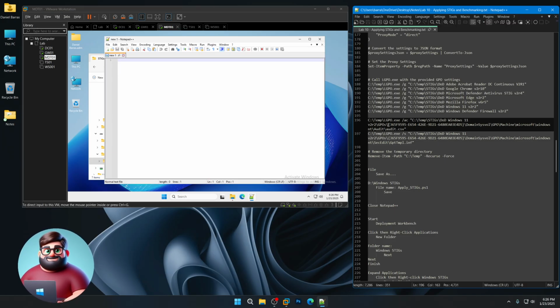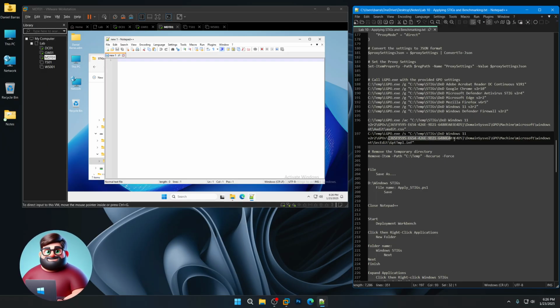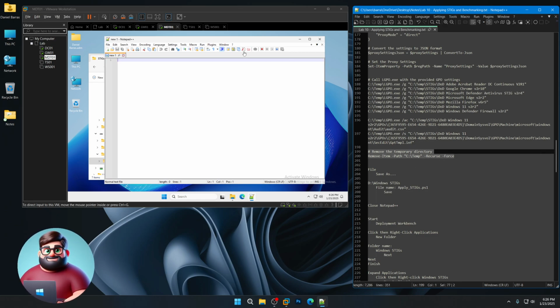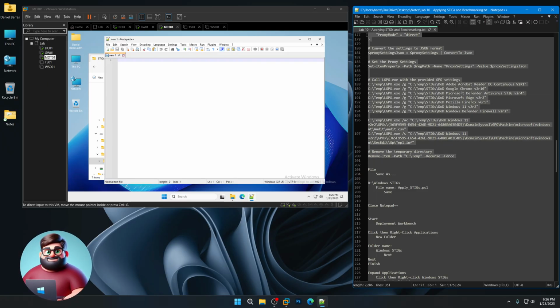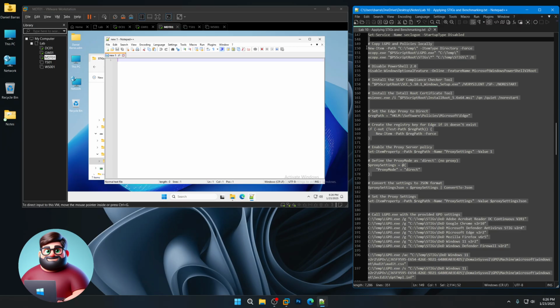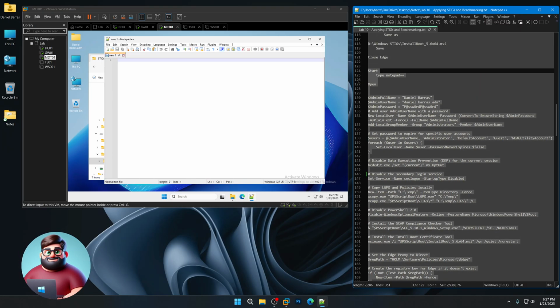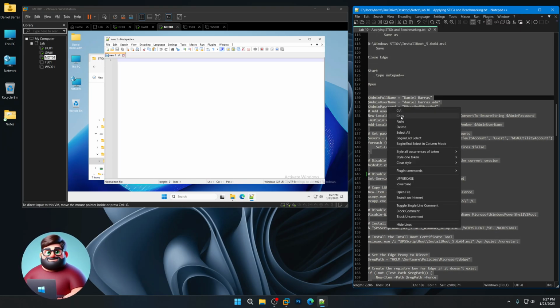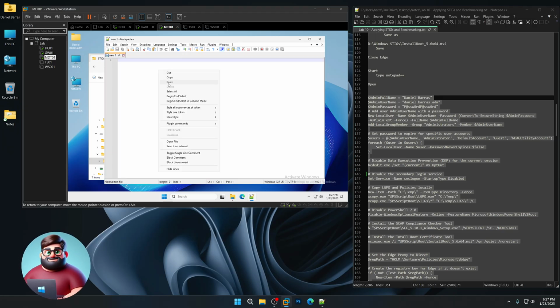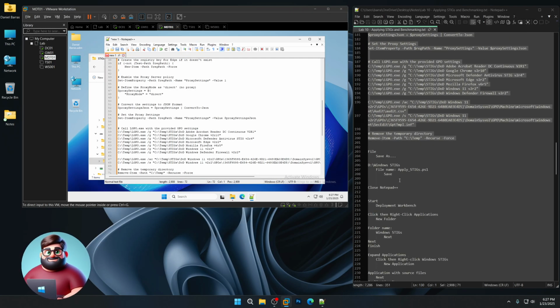If you're downloading a newer version, make sure that you change these values right here. Then we're going to remove the temporary directory, and we're going to save that. So I'll grab this from 201 up to 130, and I'm going to paste that. All right, and then I'm going to save it